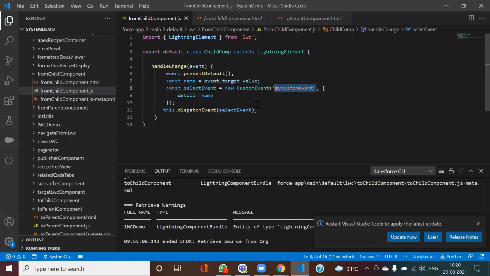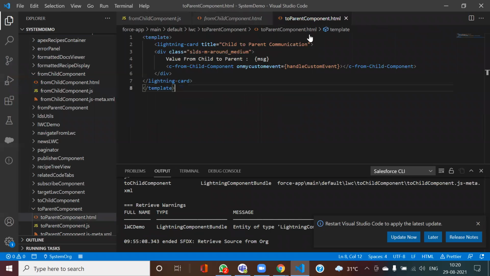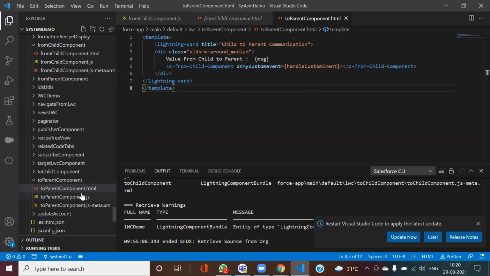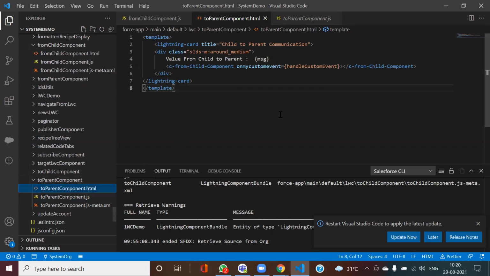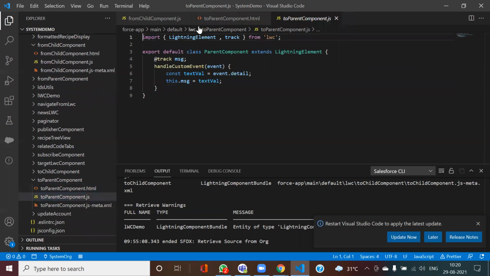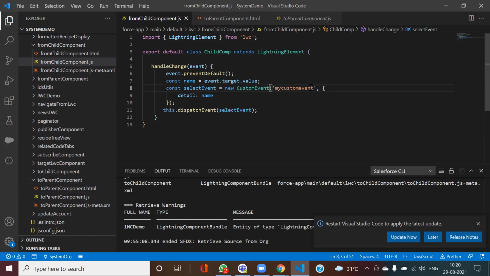I will go to now my parent. So now here, if you see this word, this is what I'm talking about.